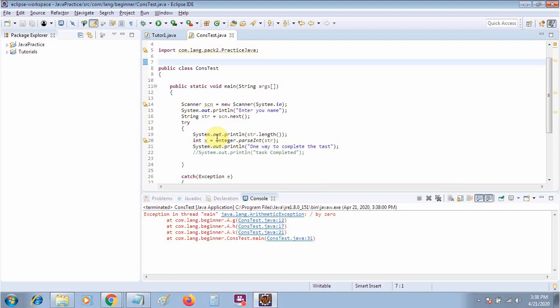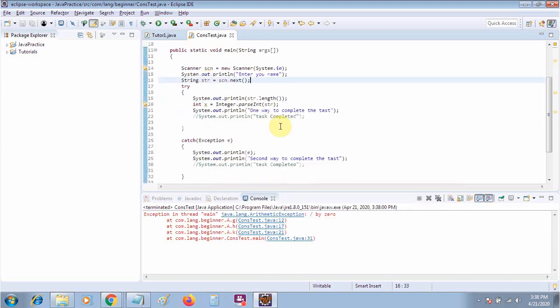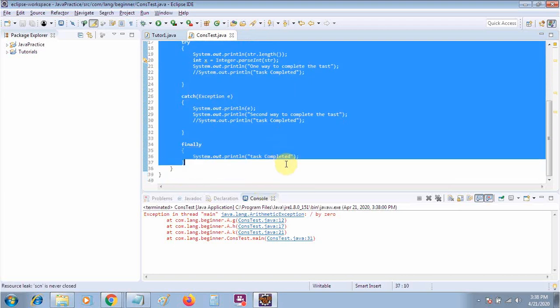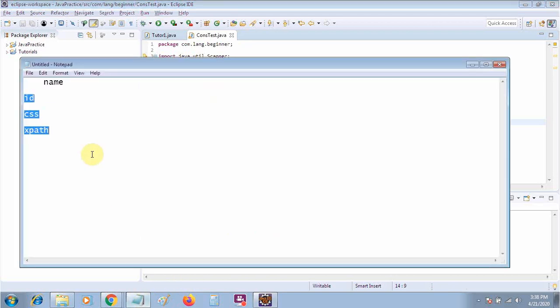So now let's work on the throw keyword. What is the throw keyword and what is the throws keyword? Always remember that the throw and throws keywords are different, and we will discuss both. So what does throw mean? It means that we are throwing some exception.